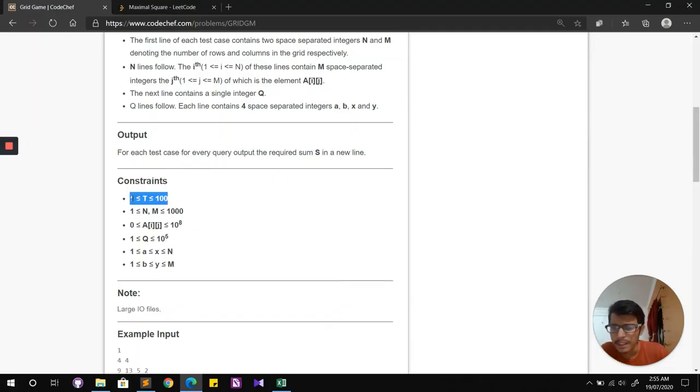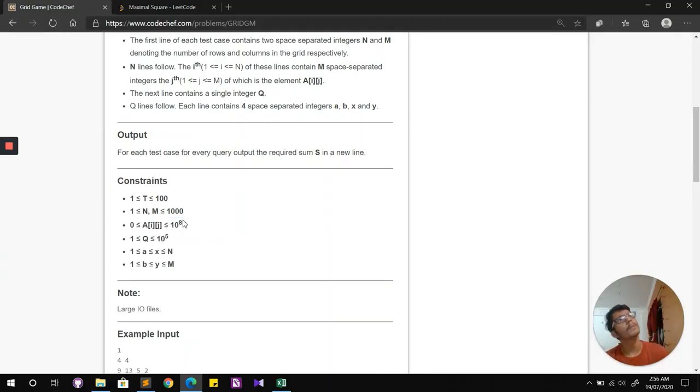Seeing these constraints, the matrix can be a maximum of the order 1000 by 1000, that is 10 to the power 6, and each element can be maximum 10 to the power 8.